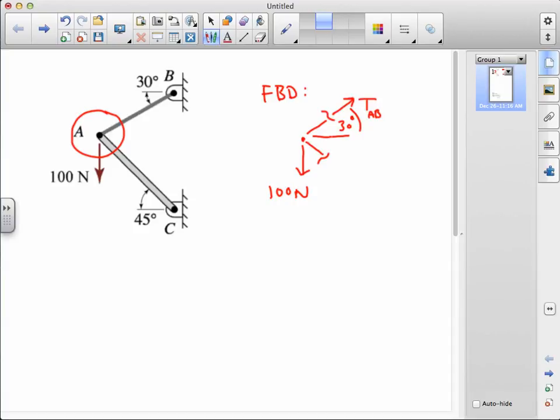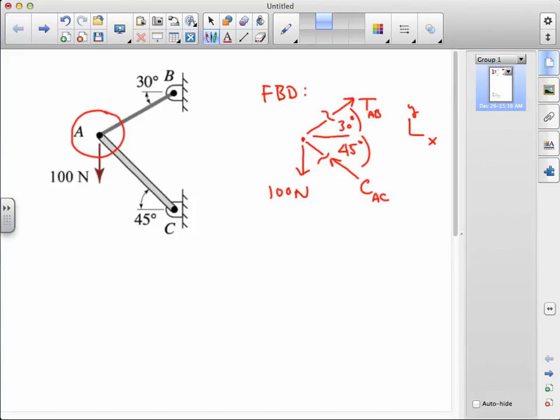The member AC is going to be in compression. We'll see that shortly, and that's going to give it an orientation that looks like this. Again, this acts along the geometry of the member, so I'll call this the compression in AC, and it's going to make a 45-degree angle here with the horizontal. Finally, I'll annotate this with just a traditional XY coordinate system,